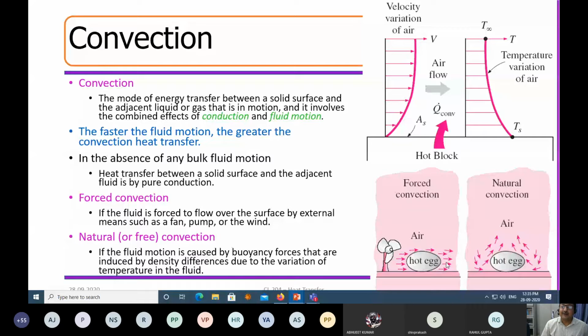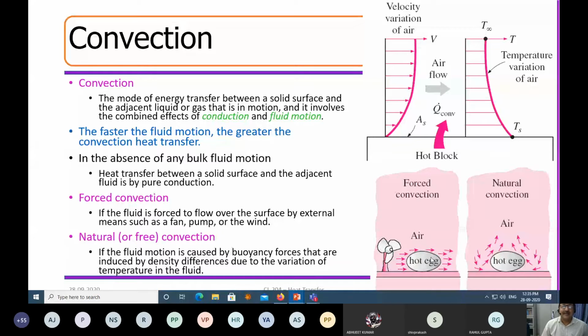Whereas if I blow air, what will happen? Whatever low density fluid is there will be driven out by this flow, and new air, which is much cooler, will replace it from that side. So in that process, since you are forcing it, you can control the time of removal of this air, and in the process, you can cool down the hot body.